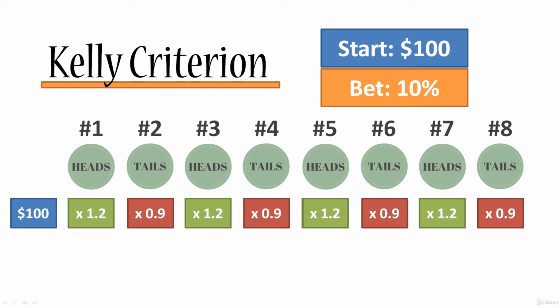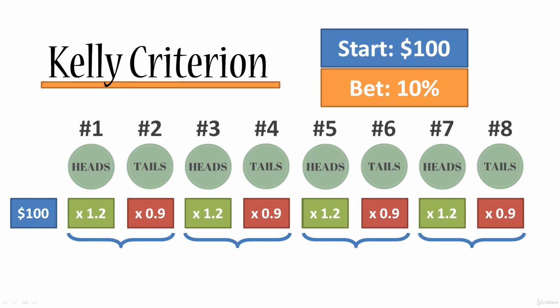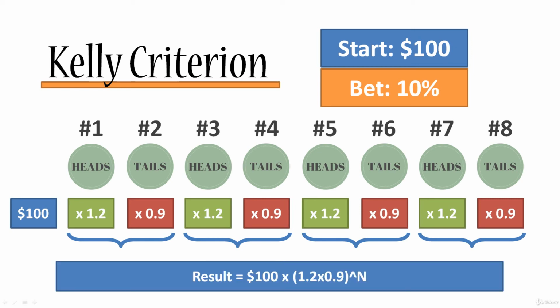So if we order them in this way, once again, the result will be exactly the same as in the previous sequences. But now we can group them. We can look at them as pairs. We can say, all right, what's the result of the first heads and tails? What's the result of the second heads and tails? And so on. And that allows us to, instead of looking at the whole sequence as something general and trying to figure out what will happen in the long run, simply look at one pair of heads and tails and see what the result will be there. So in this case, for one pair of heads and tails, the result is 1.2 times 0.9, and then we can just multiply that pair